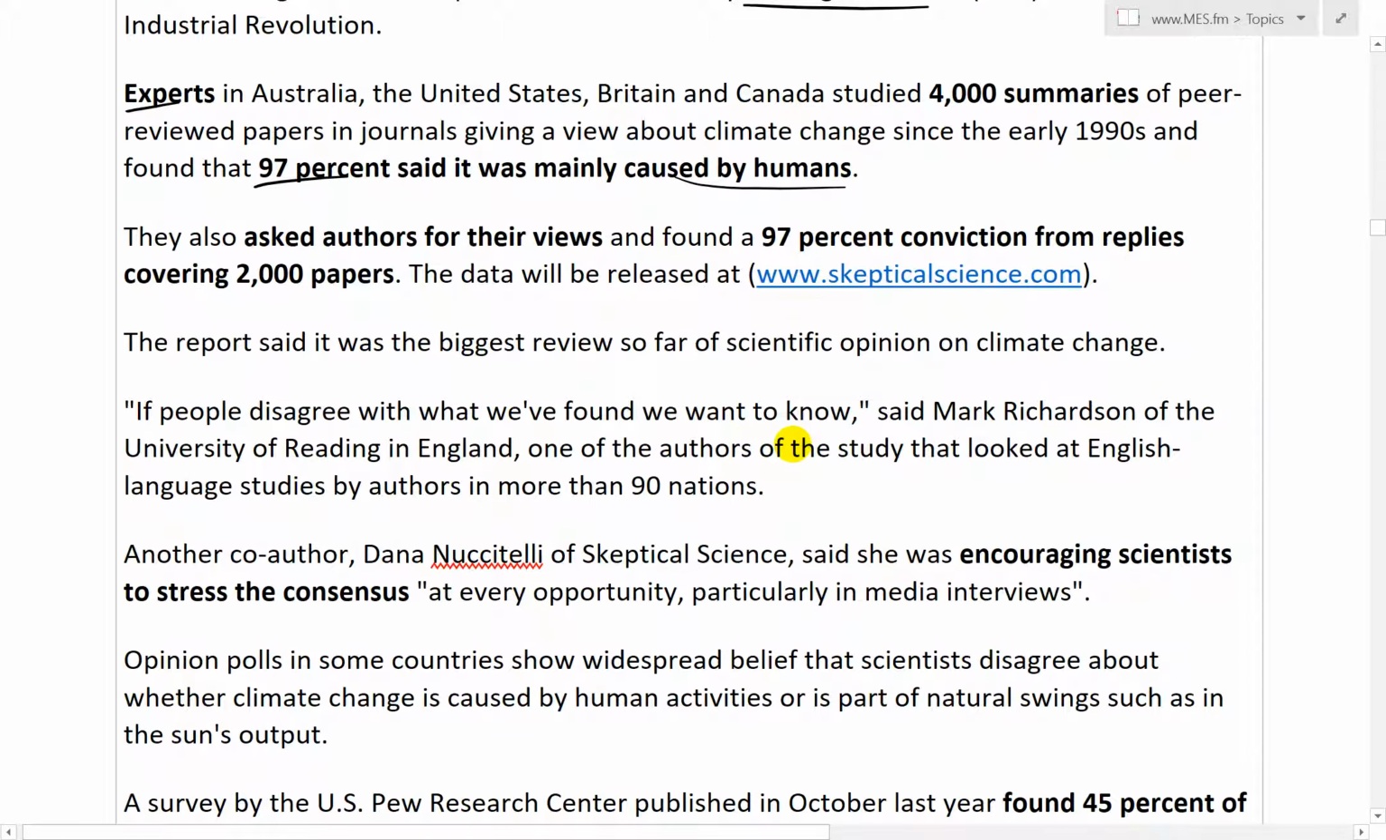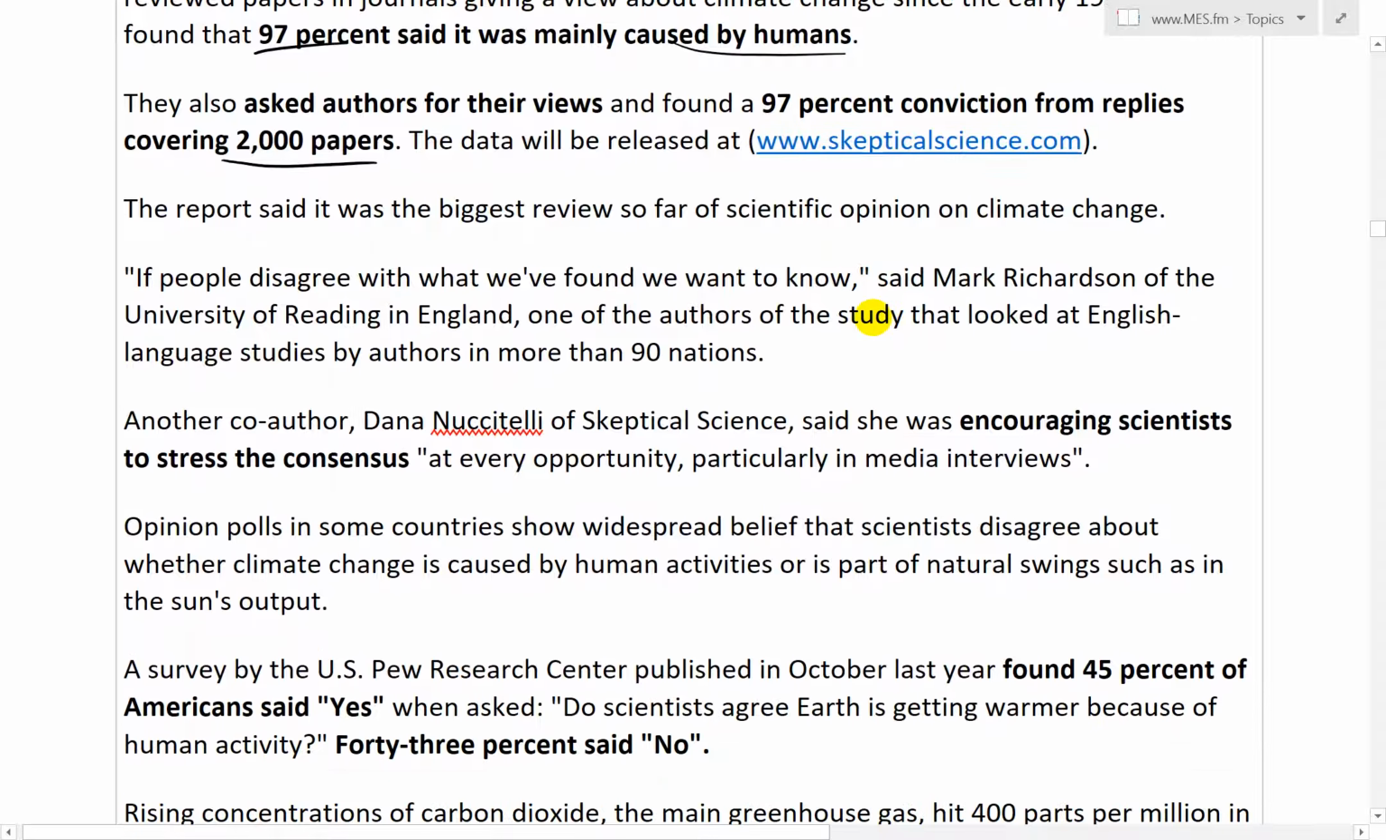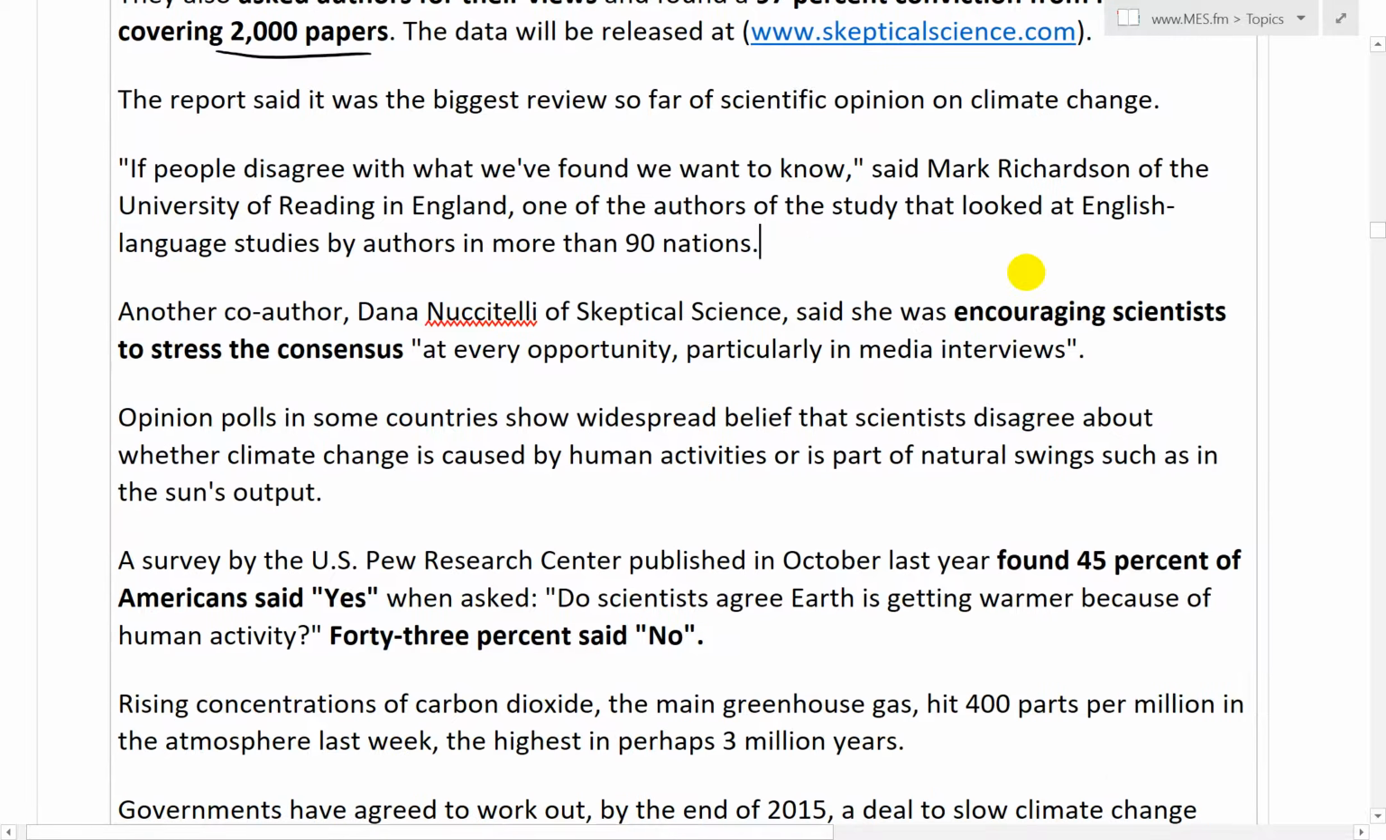I'll get to it. They also asked authors for their views and found a 97% conviction from replies covering 2,000 papers. The data will be released at skepticalscience.com. The report said it was the biggest review so far of scientific opinion on climate change. If people disagreed with what we found, we want to know, said Mark Richardson of the University of Reading